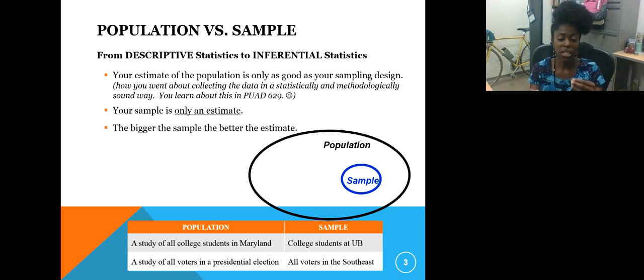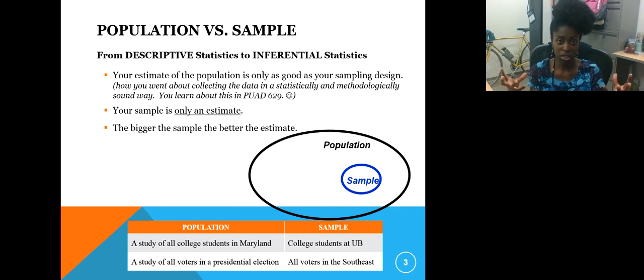In this class, we only look at, now that we've collected the data in a statistically and methodologically sound manner, how do we analyze it, right? But in a program evaluation and program design class, we learn how to collect that data so that it is randomly selected, so that it is normally distributed, so that it is representative